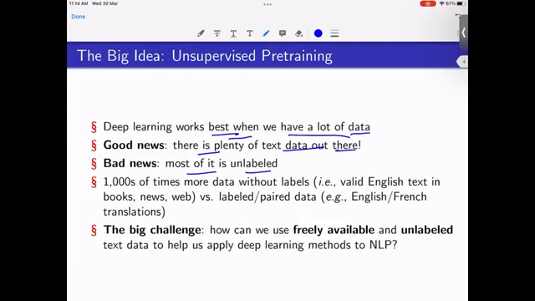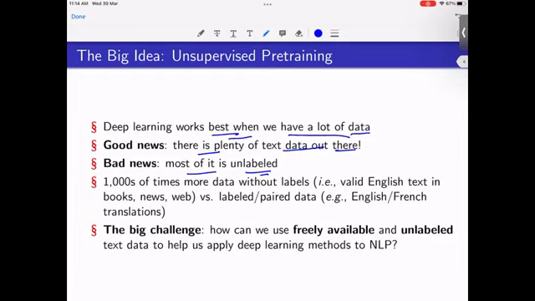So most of the time you don't have a corpus of translated text, that is, a lot of English text and the corresponding translations to French or Hindi. You probably don't have that. You will have some recommendations or movie reviews, but whether each is saying a good thing or a bad thing, somebody has probably not labeled.